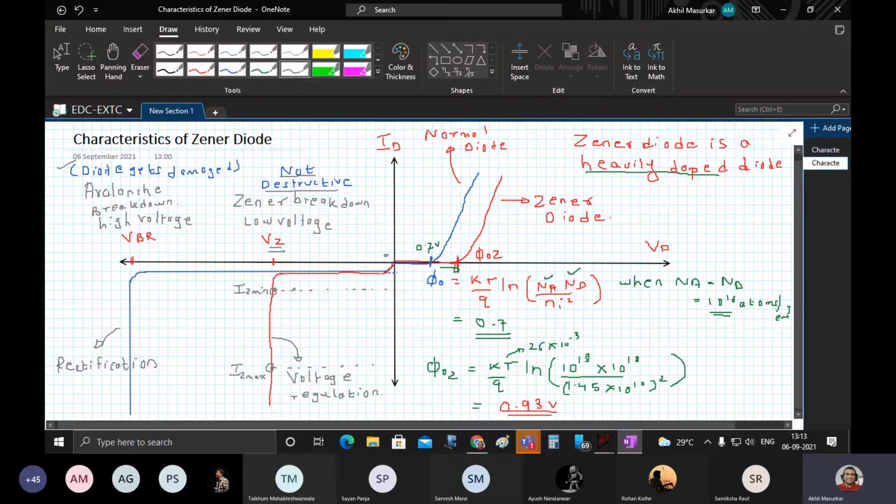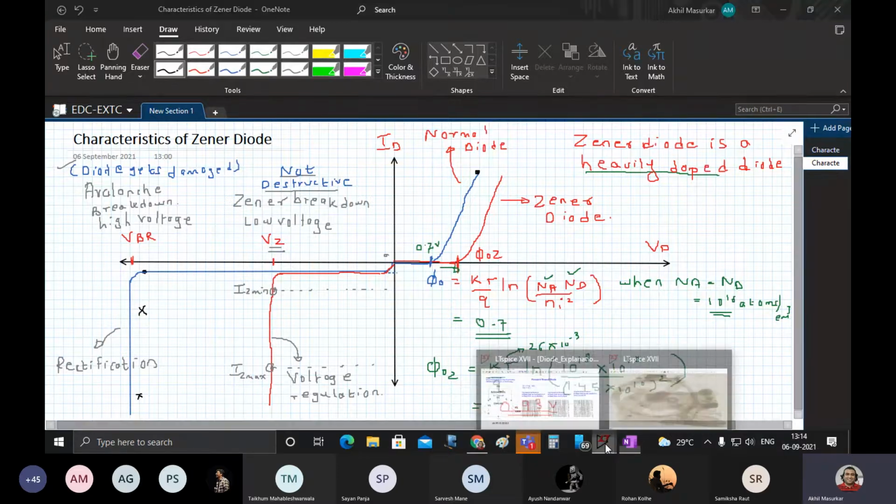So in SPICE, you will see this entire red waveform, but for the blue waveform you will see only from this point to this point. You will not see anything below this. Okay. So this is the point that we have to note in today's experiment. Now, let us go to SPICE.